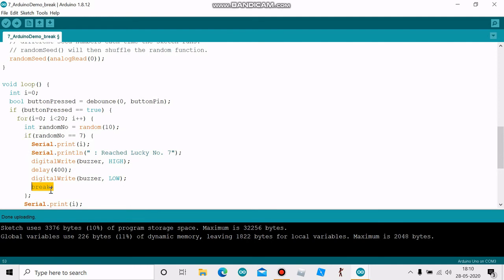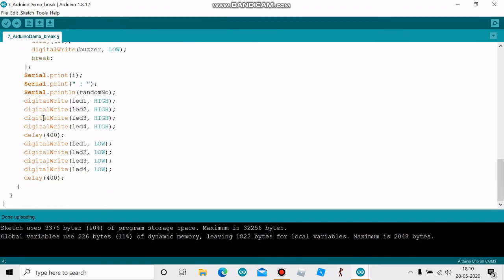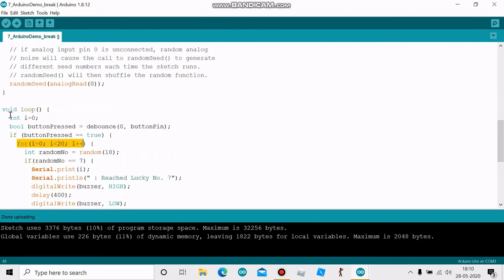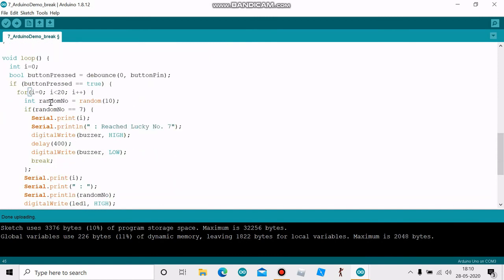This break will not bring the code back to the for statement, like we saw with the continue function. In terms of break, we come out of this entire for loop. Since the loop function keeps repeating itself, I come back over here, and the system will wait for another button press.